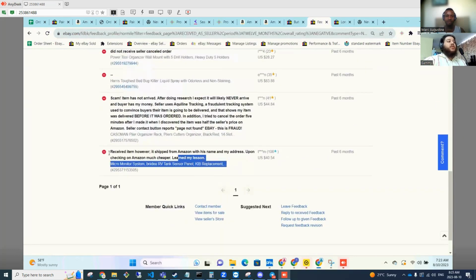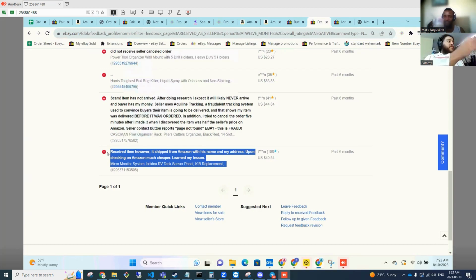So what we're doing is changing the title and changing the description. It makes the item a lot harder to find, even for other dropshippers to find the same item. But when it's the exact same title, people want to find things, right? If you're trying to look for the item, you're gonna find it. That's not what we're trying to do here. We're trying to hide in plain sight.